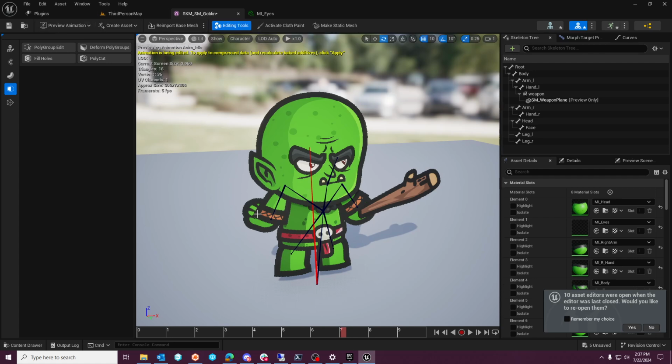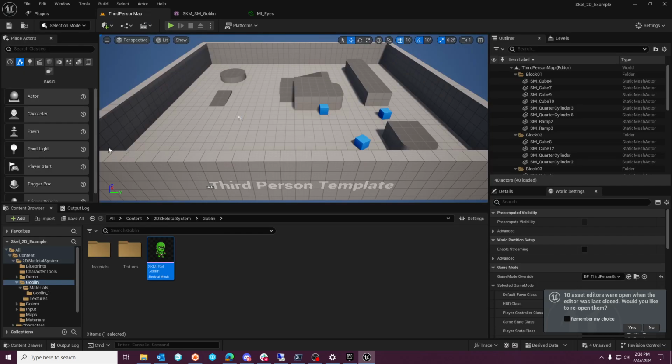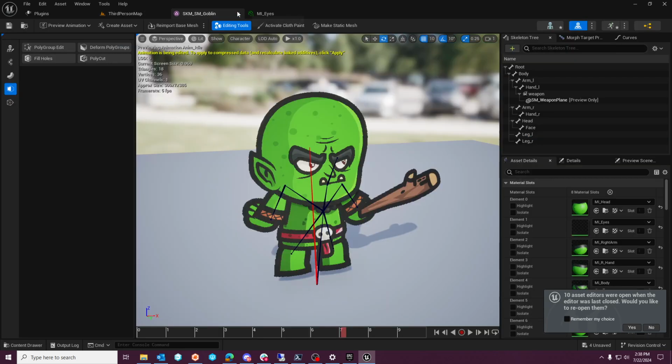Because these animations are compatible with this duplicated skeleton, they show up like, hey, you can use these if you want to. But moving these meshes around and rotating the bones is going to mess up the animation data